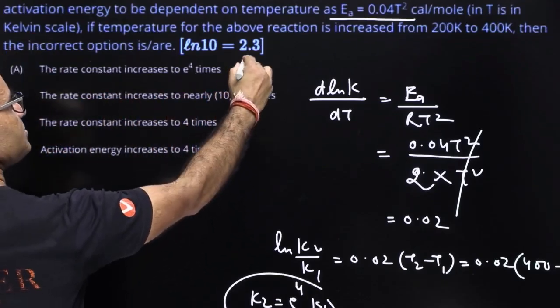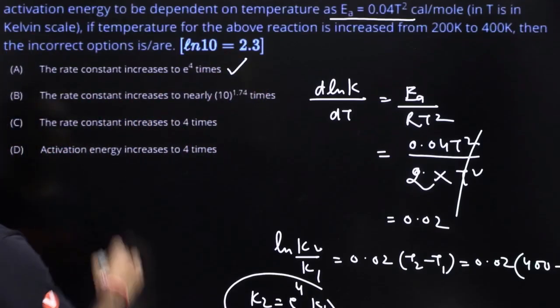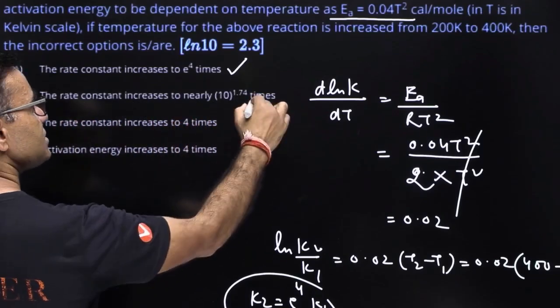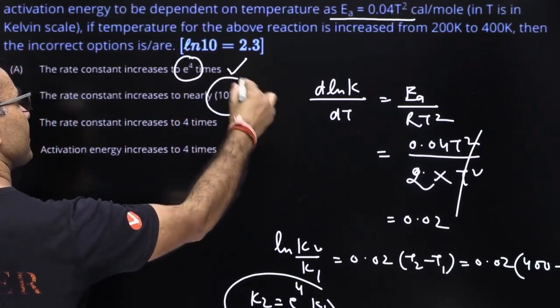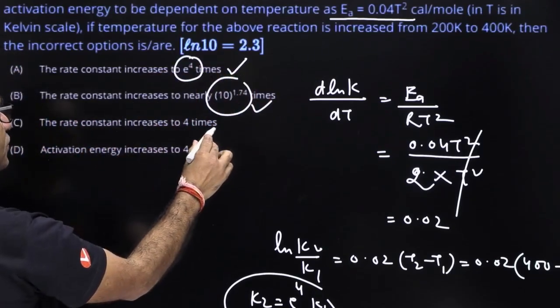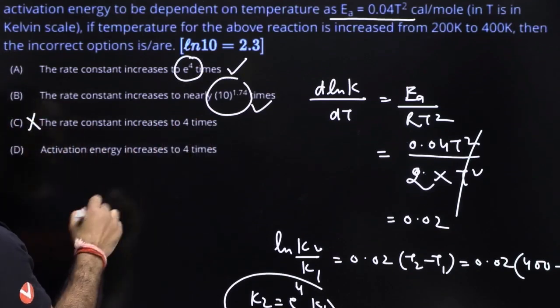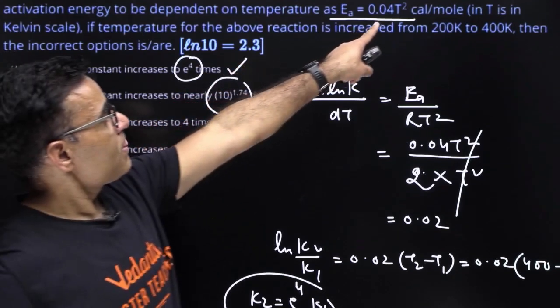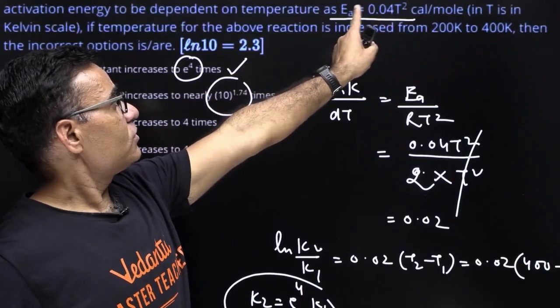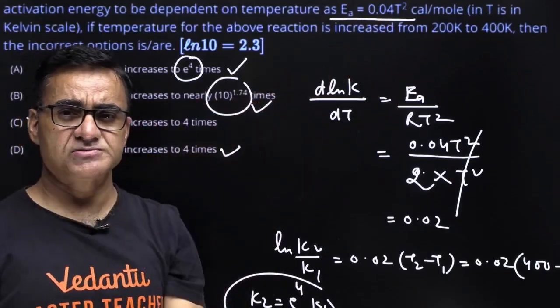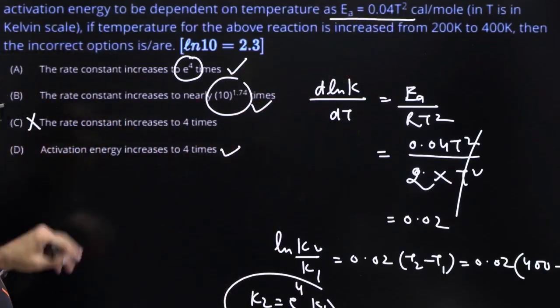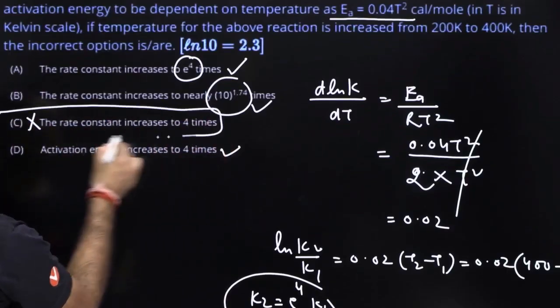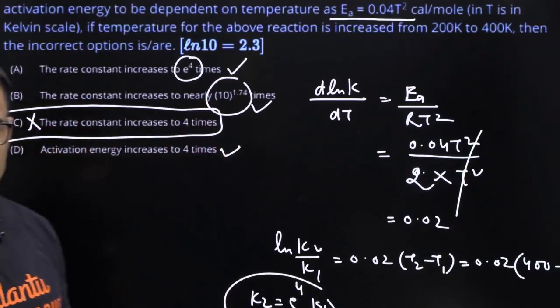तो रेट कांस्टेंट इंक्रीजेस टू e पावर 4 टाइम्स, ये करेक्ट स्टेटमेंट है, आंसर में नहीं आएगा। रेट कांस्टेंट इंक्रीजेस टू नियरली दिस, ये भी करेक्ट है, ये दोनों वैल्यू सेम होती हैं। रेट कांस्टेंट इंक्रीजेस 10 to 4 टाइम्स, ये गलत है, इसका मतलब यही आंसर हुआ। एक्टिवेशन इंक्रीजेस टू 4 टाइम्स, ये भी सही है। कैसे, आप यहाँ से देख सकते हो, टेम्परेचर को ट्वाइस करोगे तो एक्टिवेशन एनर्जी 2 रेज़ टू द पावर 2 टाइम्स यानी 4 टाइम्स हो जाएगी, तो ये डी ऑप्शन भी करेक्ट है, तो आपका सी ऑप्शन एक्चुअली आंसर हुआ इस क्वेश्चन का।